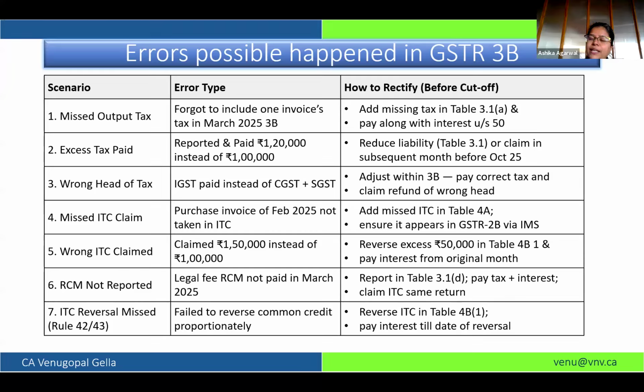While paying tax, you have to keep in mind you are also liable to pay interest. Like in our example, the invoice belongs to March 25 and you are discharging your liability in October 25. So there is a delay of 6 months for which you are liable to pay interest, at the rate of 18%.